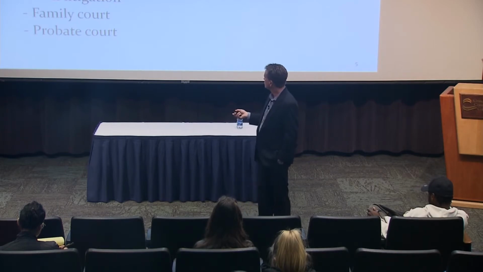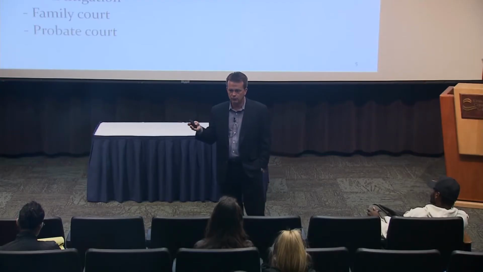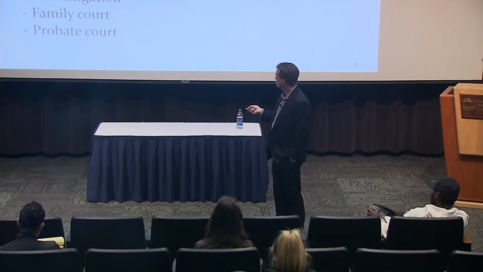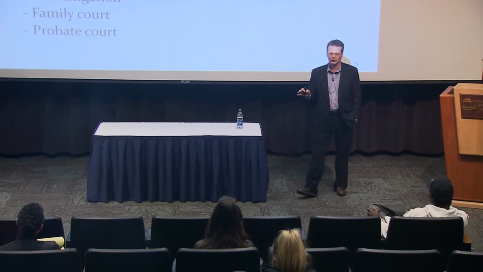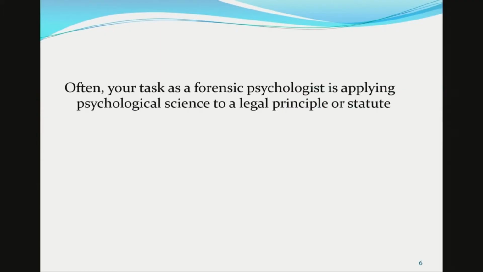And probate court would be things like guardianship. So if you have a mental illness or if you have dementia and someone wants to get guardianship over you, you would go to probate court. And civil litigation, which I accidentally skipped, has a lot to do with suing. So if you want to sue someone for emotional damages, you might go see a forensic psychologist to get your evaluation. So often your task as a forensic psychologist